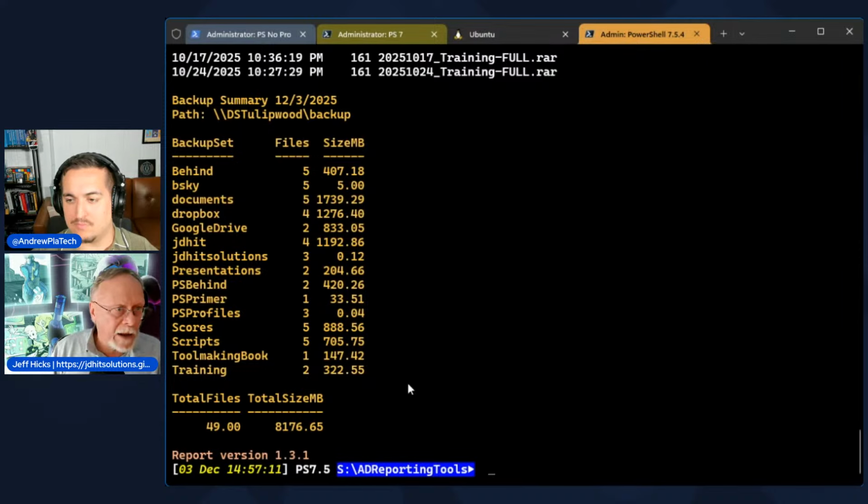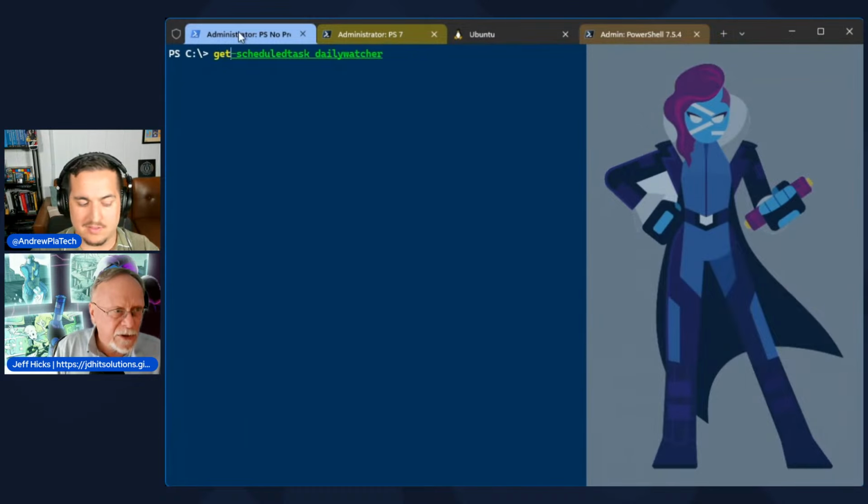So these are my local backups on my NAS here. I've got about 8 gig worth of backup, but I can go back a month to find my files if I need them. So this runs,